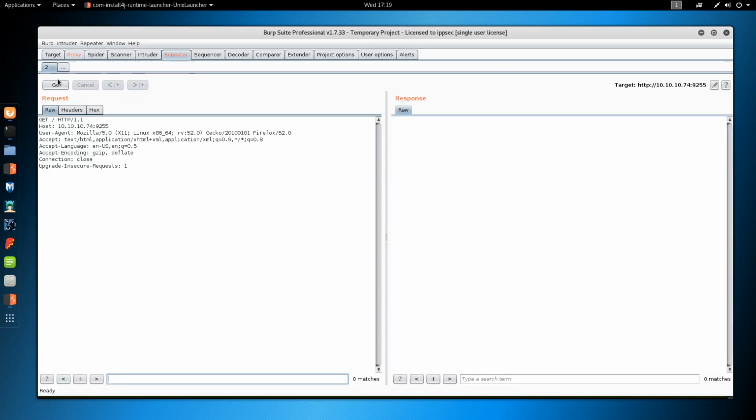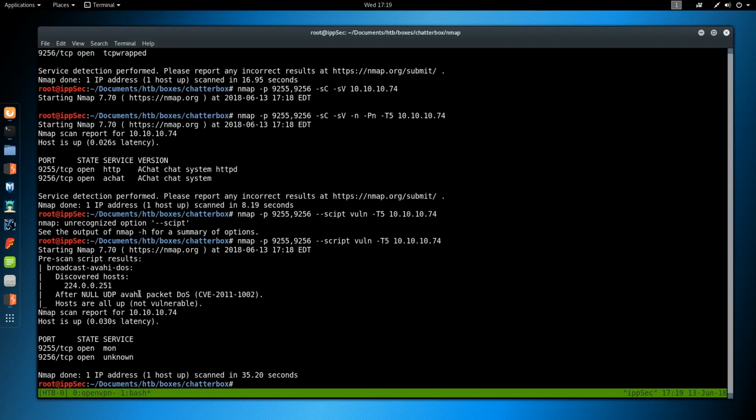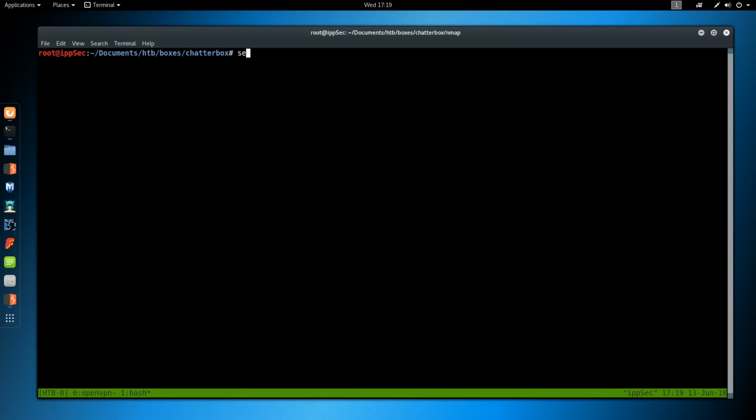There we go. And we see the server's aChat, and then it just closes. A 204 no content. We could add things like robots.txt and see if it has files, or do a Gobuster on it. But I don't think we have to do that here. The scripts for vulnerabilities didn't find anything, but let us just do a Searchsploit